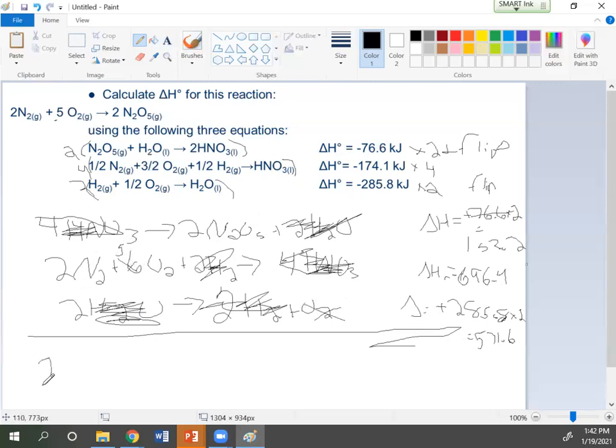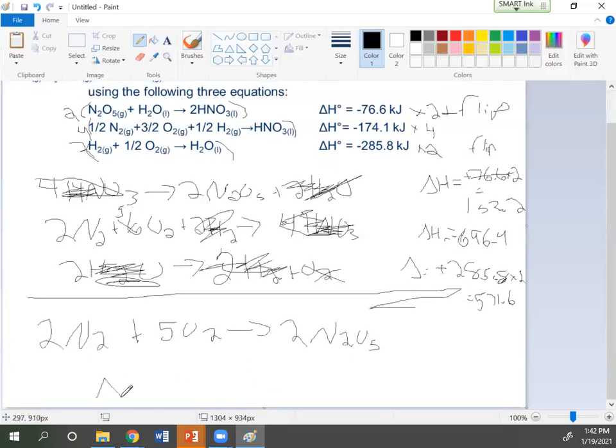Now I have left 2N2 plus 5O2 yields 2N2O5. Is that what my overall equation is? So that's just a double checking mechanism, okay? So my delta H would equal